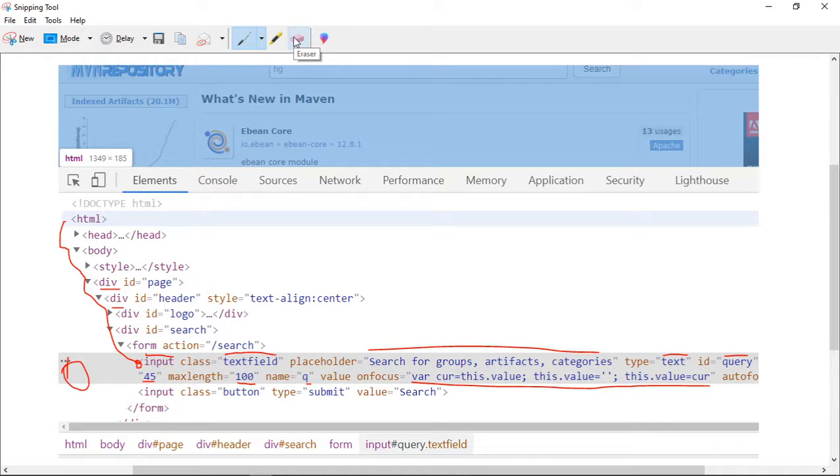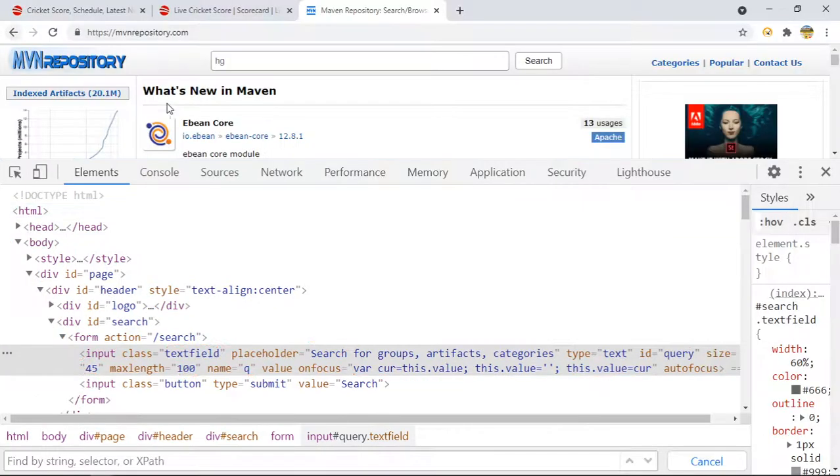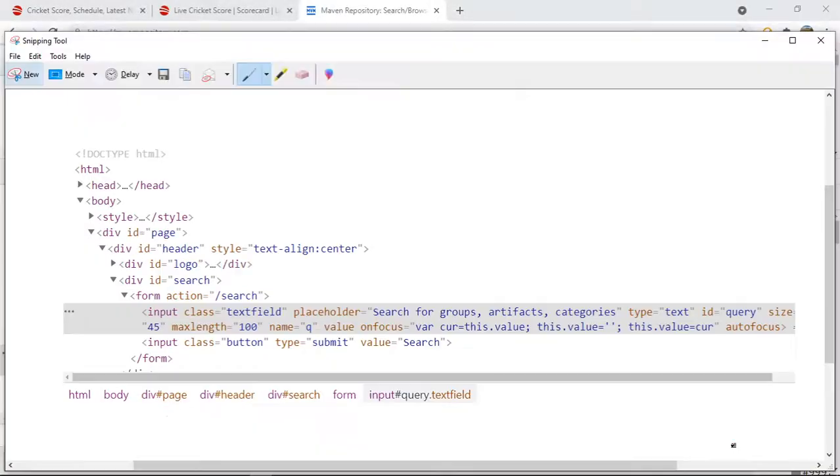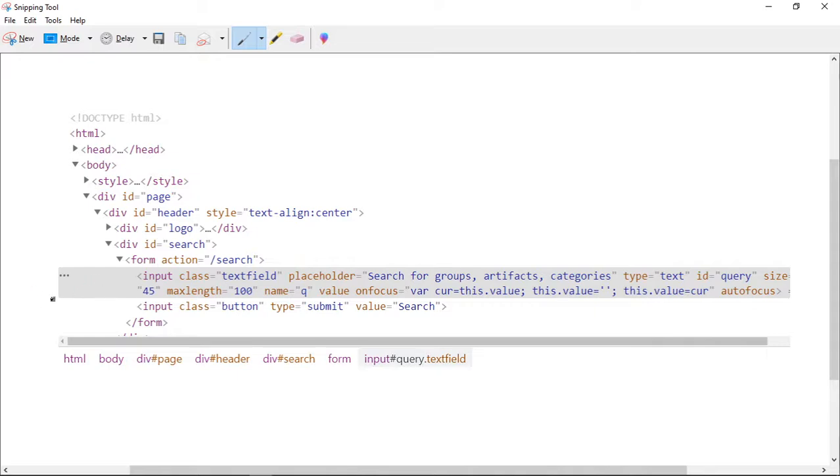Let me take a snapshot again. If you remember, we wrote a relative XPath recently for the web element text box. How do you write it?